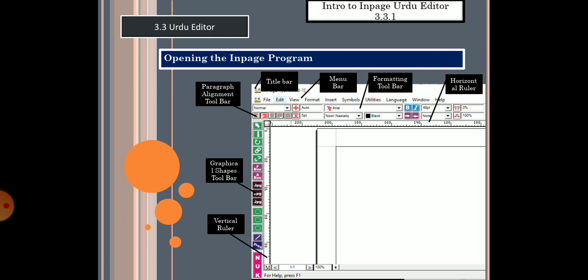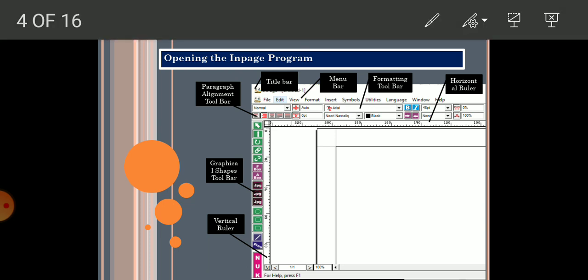Before this menu, you can configure your first document, which we will come to later. First, you have to look at this menu over here.